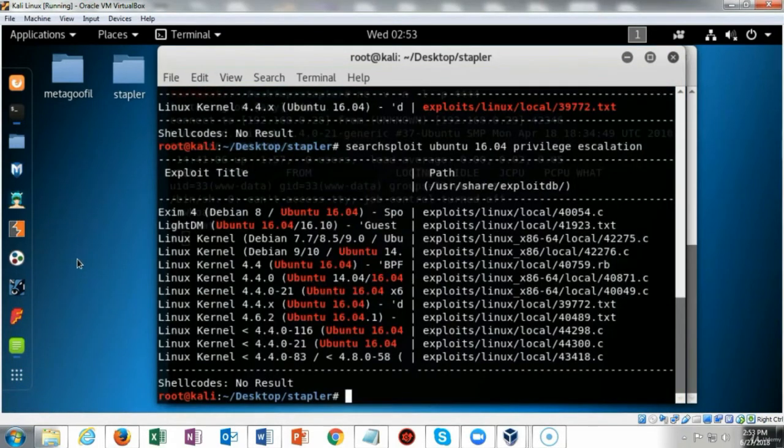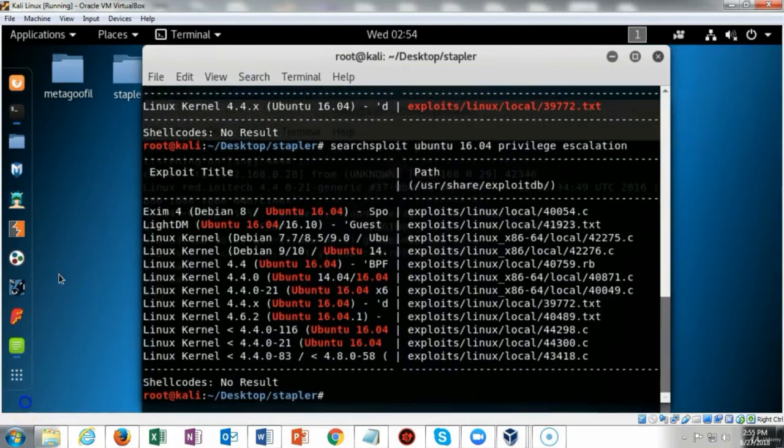Using searchsploit, I typed in Ubuntu along with the version number, and then I followed that up with privilege escalation. Now, if you go down here, you're going to have to find the kernel that we're currently using. For us, that's going to be 4.4.x, but this also has to be the 32-bit, which is the operating system that we currently have on our target. So we're going to look at this particular exploit right here,